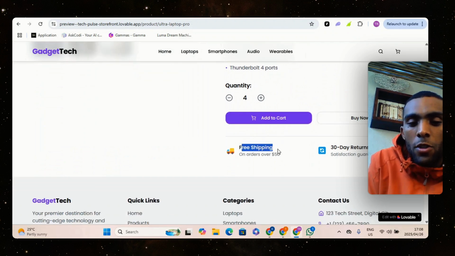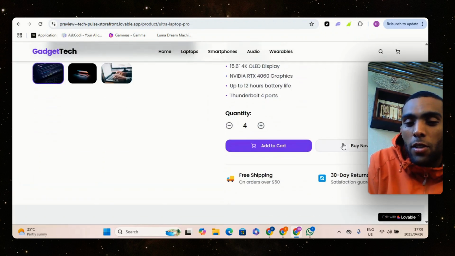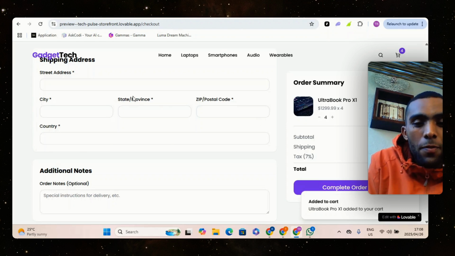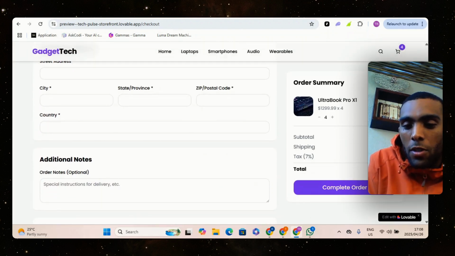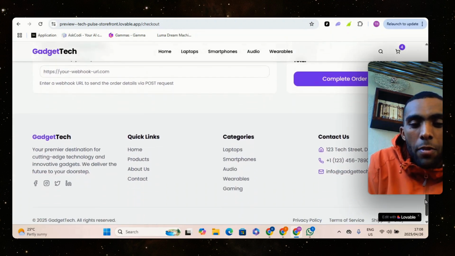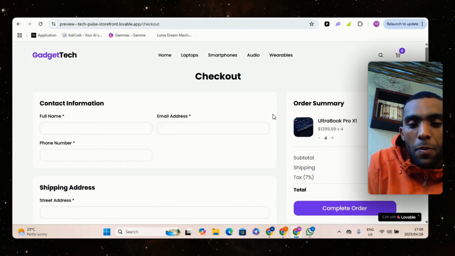What is a free shipping on orders over $50? It is actually for every product. 30-day returns, and then we can say buy now and we can check out here, which is quite cool. It's a full e-commerce setup. We're going to be building this in this tutorial, and on the back end we're going to be using Lovable,